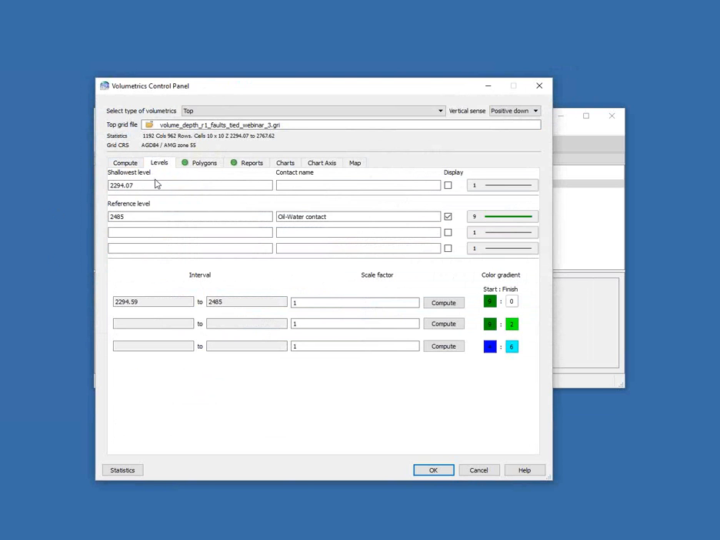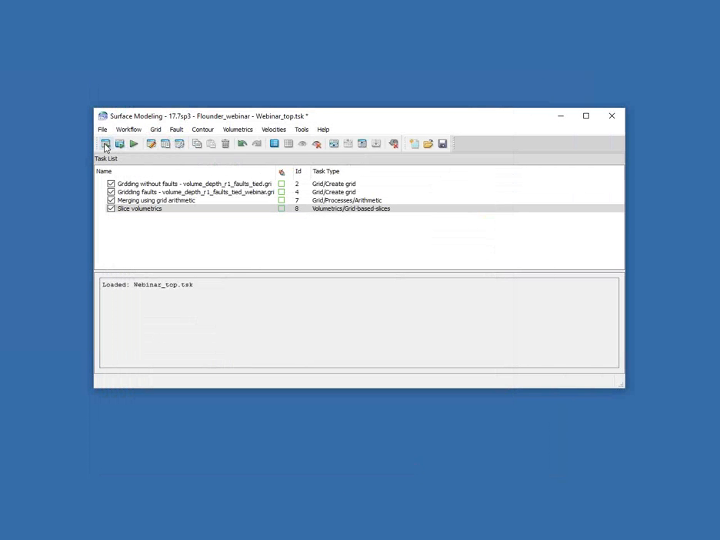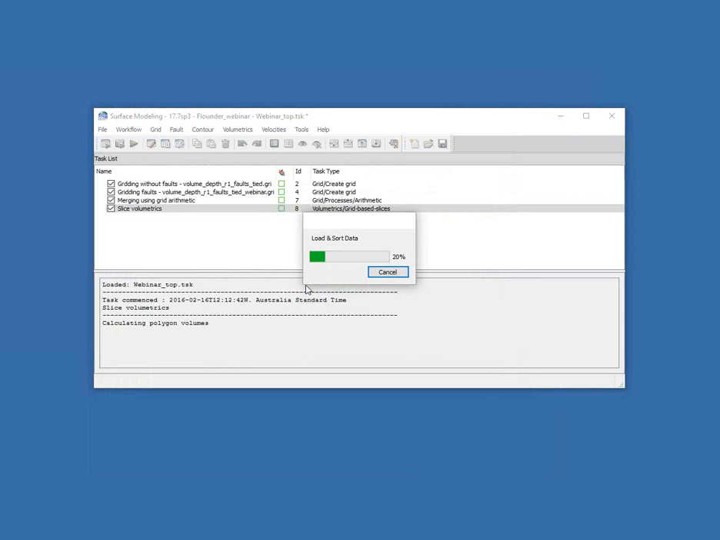Let's double check. Yeah, for this particular one, I forgot to mention the reference level, which I showed you in the mapping window, which represents an oil water contact. So for that interval I have set a color gradient from green to white. The scale factor, let's leave it for this particular example at 1, so we'll be just calculating gross rock volume. In another example I will show you how to use the scale factor. So we are pretty much ready to run this task. We run the volumetrics,